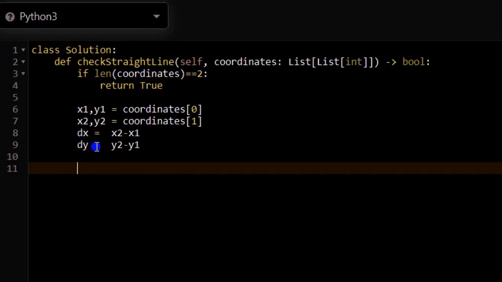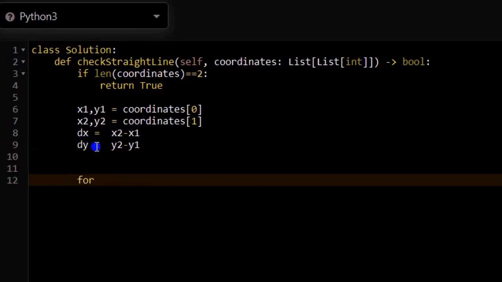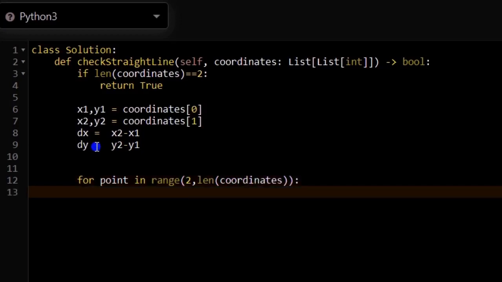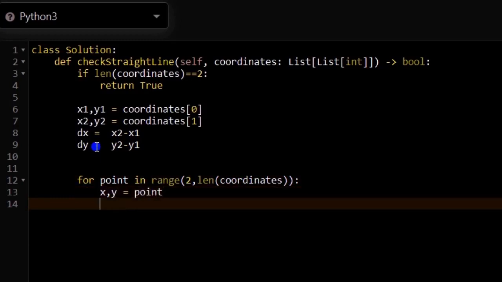Okay, so now we will iterate over all the points after the second point. How will we iterate? We will write for point in range, and now we will start from 2 because the third point is at index 2. So for point in range 2 to length of coordinates. First of all we have to find x comma y, which will be equal to the coordinates of that point.